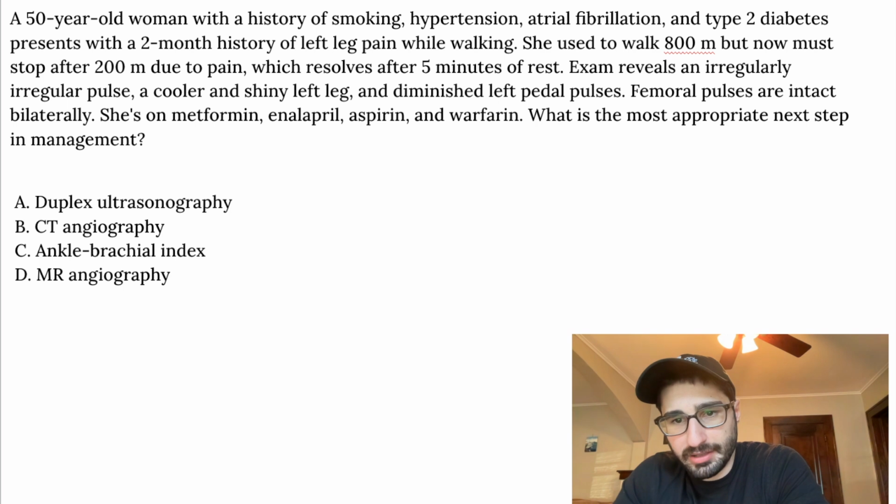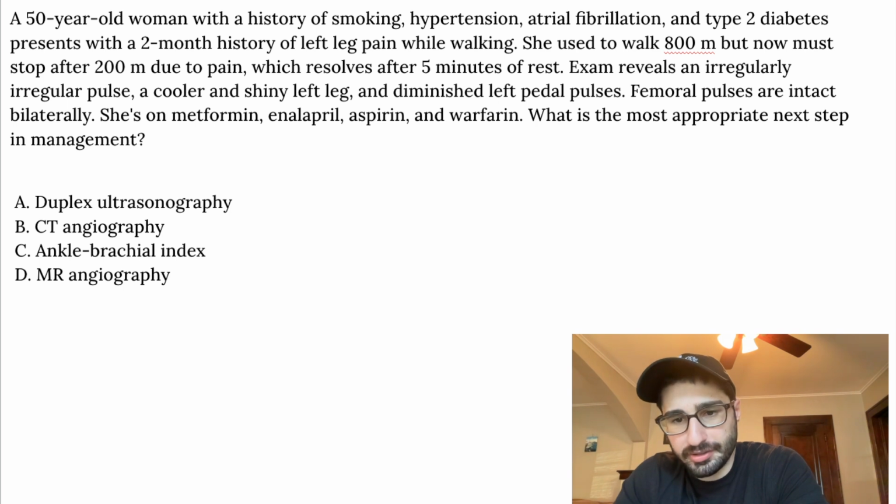She's on metformin, enalapril, aspirin, and warfarin. What is the most appropriate next step in management? A. Duplex ultrasound. B. CT angiography. C. Ankle brachial index. E. MR angiography. So the presence of claudication pain, trophic skin changes, and diminished pulses in a chronic smoker should raise